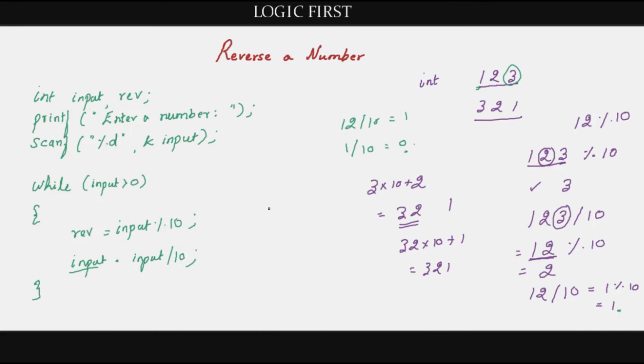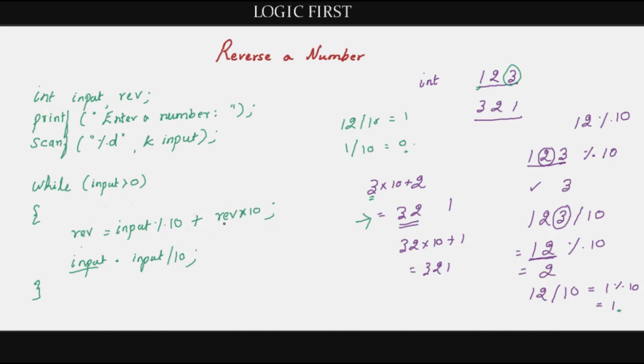Okay, now this will work just for the last digit. What about the second from the last digit? When you come to this point, now this reverse will have 3. If you just have this, then the 3 will be replaced by 2. We don't want that to happen. We want this 3 to be made as 32. So in order to do that, we just have to add this to reverse into 10, the previously calculated value.